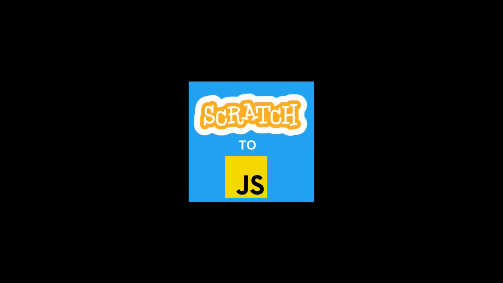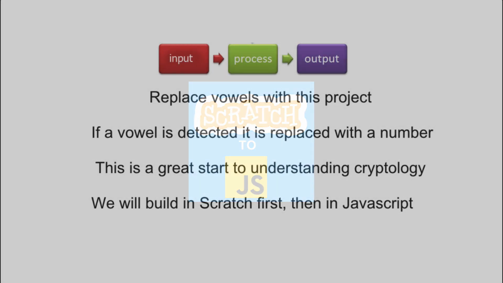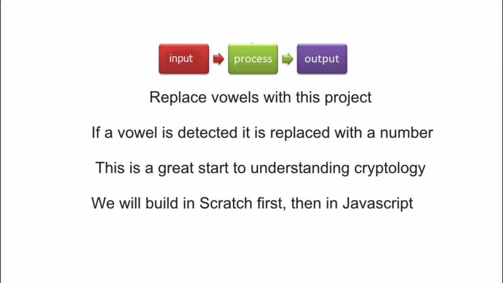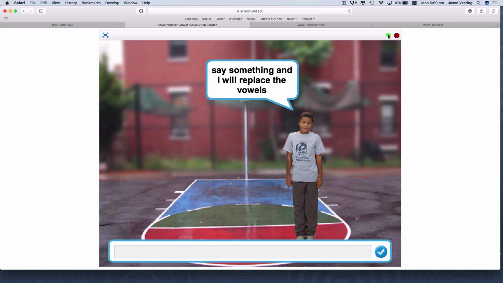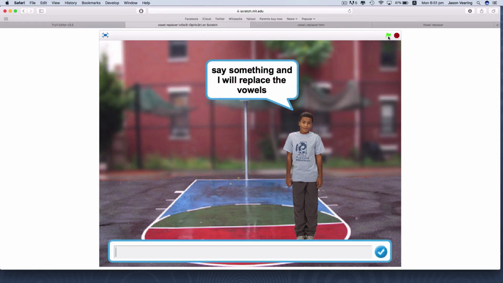Today we're going to look at how you can put an input in and change it on your output. Now in this example we've got a program here that takes your input and replaces the vowels. So if I have a simple word like cat, it replaces the vowels with a letter. Well, we could do something a bit more complex, like